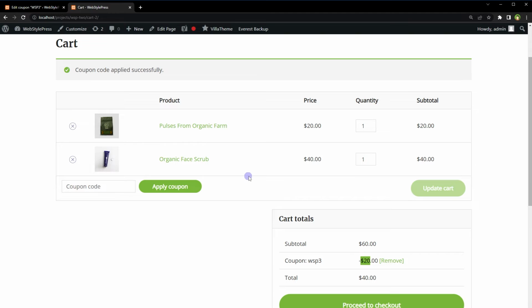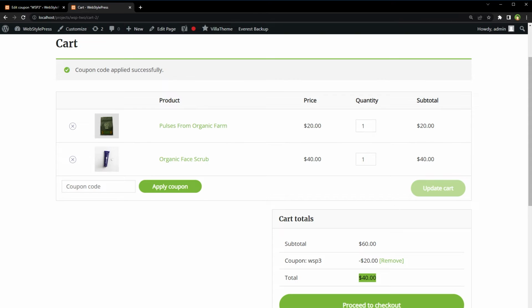We had two products in the cart. $10 have been reduced from each product. So a total of $20 have been reduced from the bill. So the selected discount has been applied for each product.